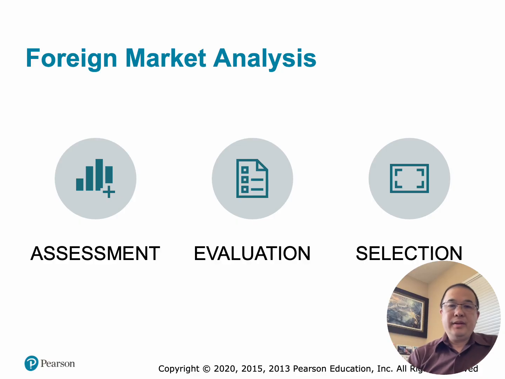Number two, evaluation. So after narrowing the list, managers conduct a deeper analysis of promising countries. The factors examined would include market factors: customer demand, market growth rate, competition. There's financial factors. This would be expected profits, investment requirements, exchange rate risk. Political factors. This could include government regulations, trade restrictions, tax policies. And then cultural factors: consumer preferences, language differences, and business practices.